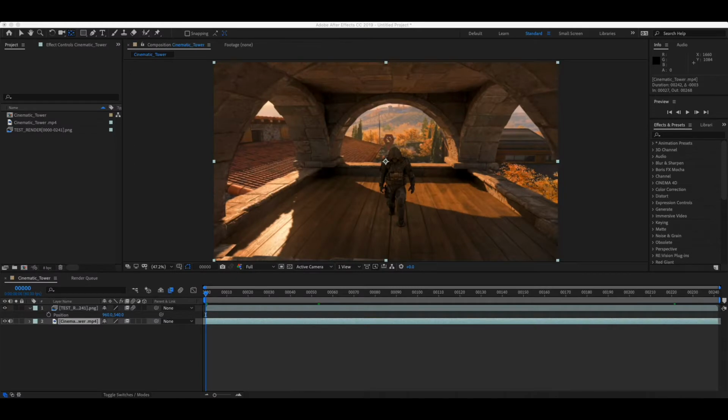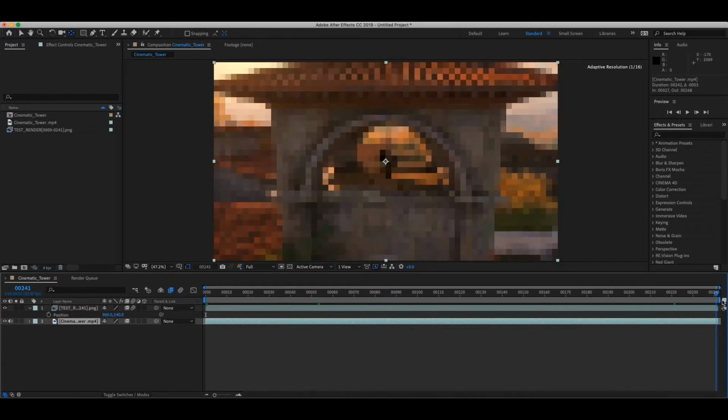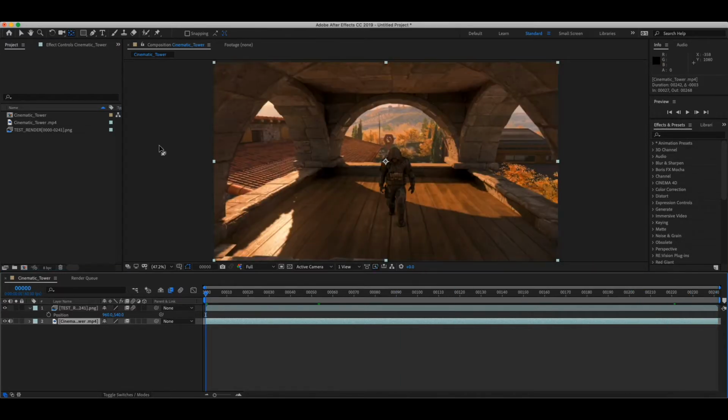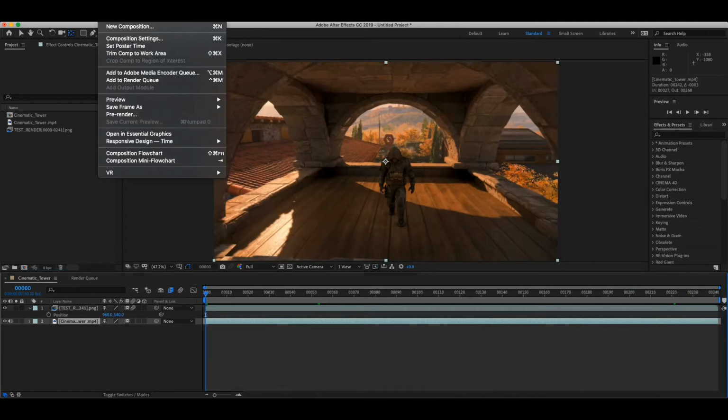Hey guys, today I'm going to show you a couple render settings for After Effects and other Adobe programs to go along with After Effects. So first you just want to make a composition, and hopefully you're done with your project by this time, or hopefully you're trying to export to another program. What you want to do is go to Render Queue,